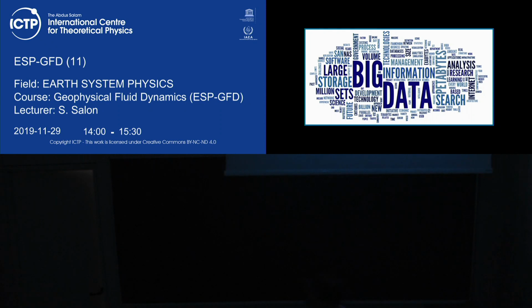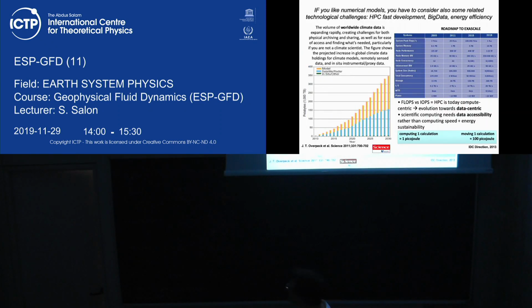Okay, so this is another supercomputer. Another important thing is that we are going to create a lot of data. If we take big data from climate projection, for example, from weather forecast, from satellite, from observation, we are going to gather a lot of data. And someone a few years ago already tried to estimate the quantity of data that we are going to create. And if you look here, this is 2011, so almost 10 years from there. So we are in the order of petabytes.